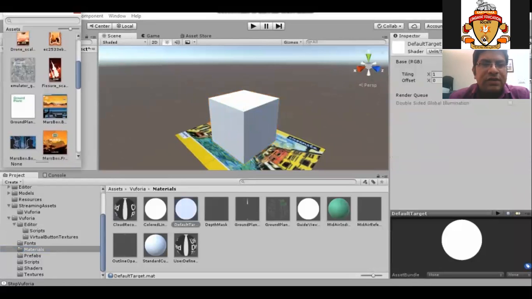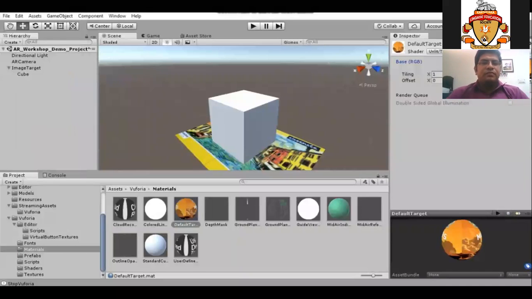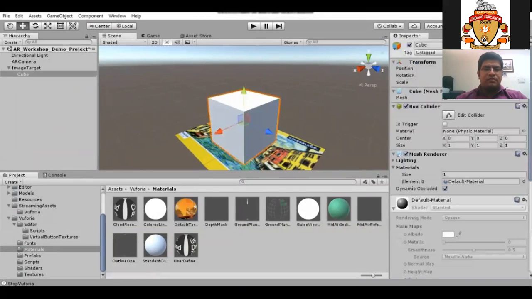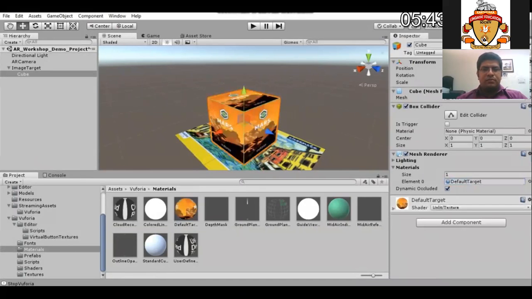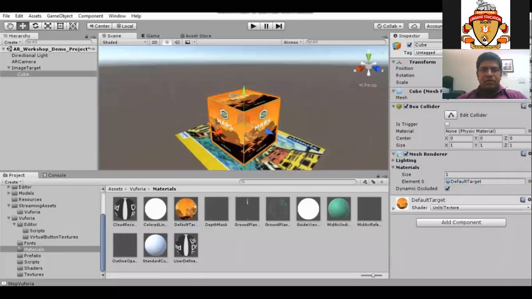So I'll be selecting the particular shader as Mars box. So now the game object looks like this as a Mars box. These are inbuilt shaders in Unity.